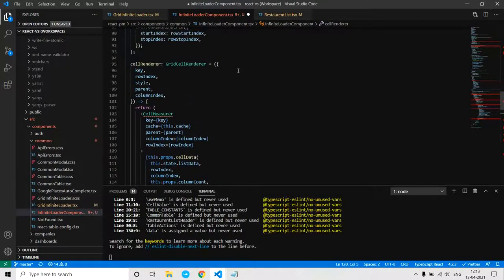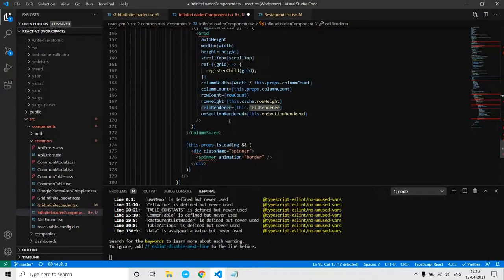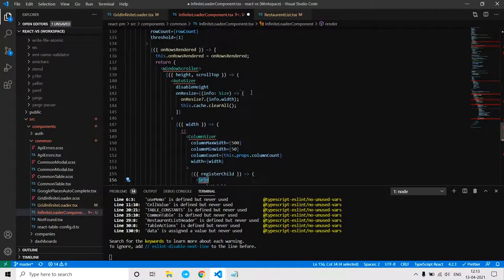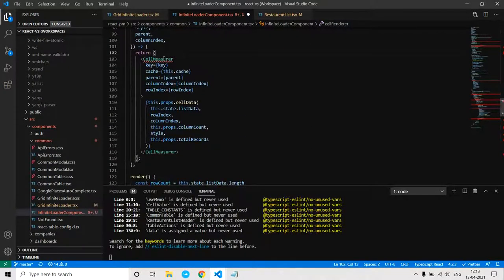This is my cell renderer function used by my grid component. So here we have this cell measurer. Let's see, we can import it now.